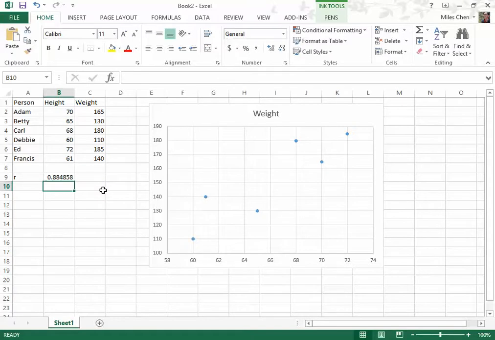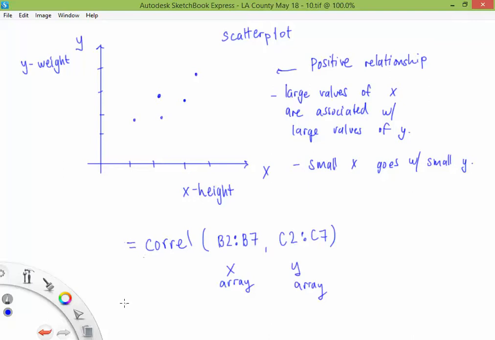0.8848. That's the correlation between height and weight. Okay? So according to our data, we have a pretty strong correlation, fairly strong relationship between height and weight. It's positive, and we're getting 0.8848. Is that okay? So we calculate it, and we get R is equal to